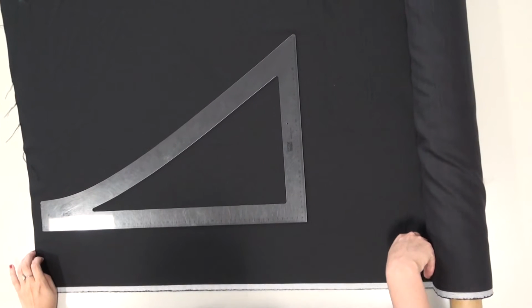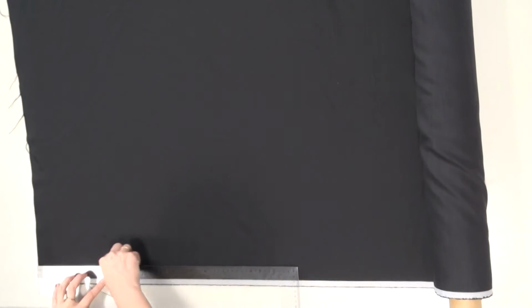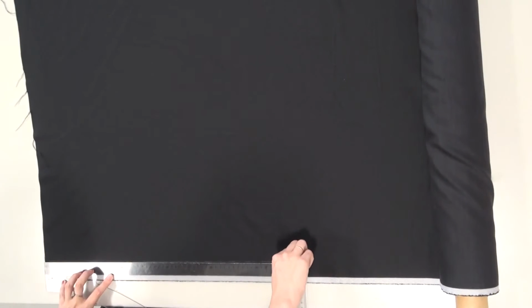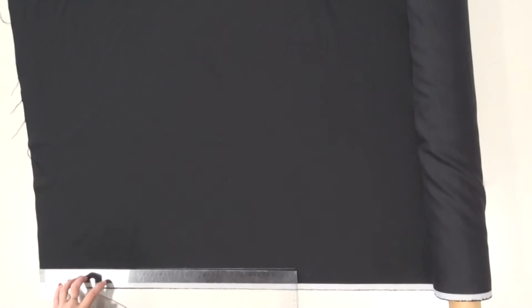the warp threads. Okay, so I'm just going to mark this on the fabric. So first of all, I'm just putting the edge of my ruler to the edge of the selvage. Oh, just trying to make that nice and clear. Okay, now the